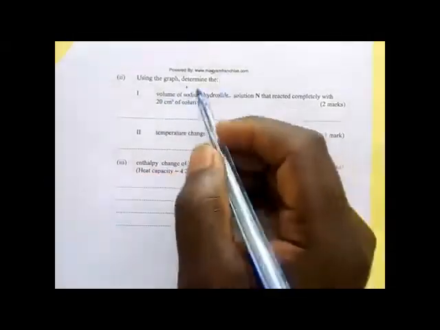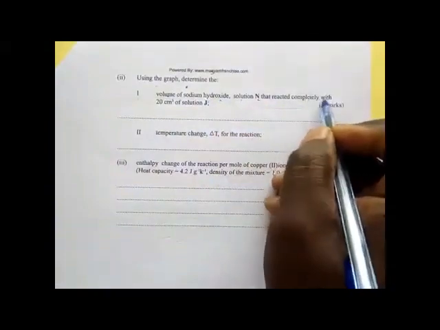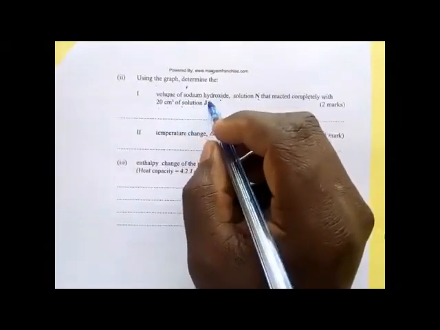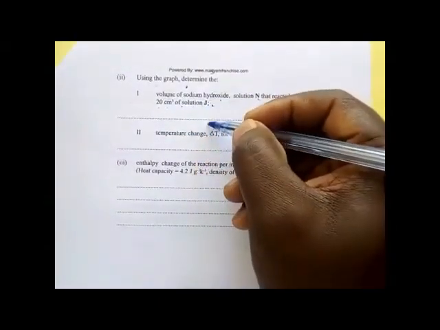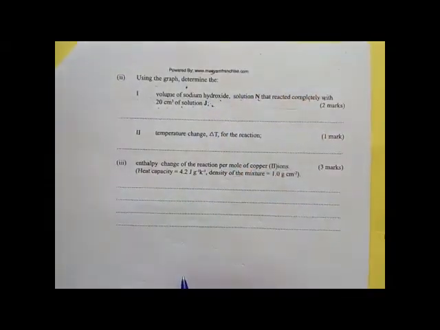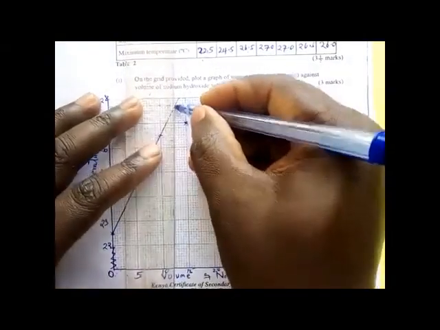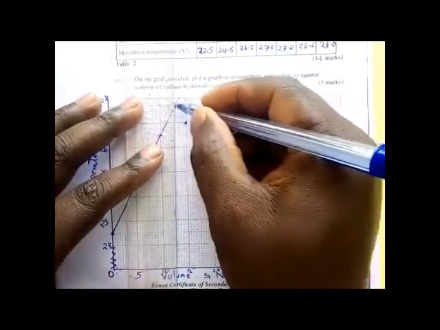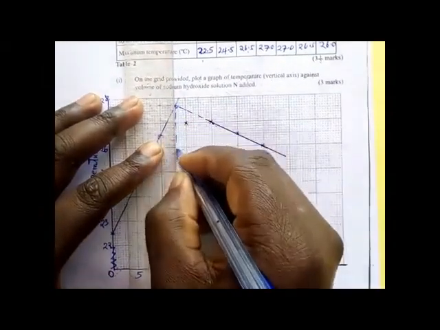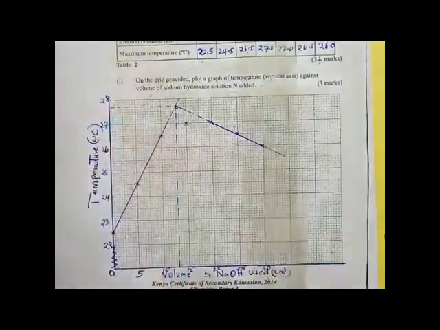Using your graph, determine the volume of sodium hydroxide solution N that reacted completely with the 20 centimeters cube of solution J. So this is where we have the maximum temperature. So we go down to where we have the volume. So from maximum temperature, we go to volume. To show that you used the graph, you must draw a dotted line from the maximum point where the two extrapolated lines met. You draw a dotted line down to where we have the volume,